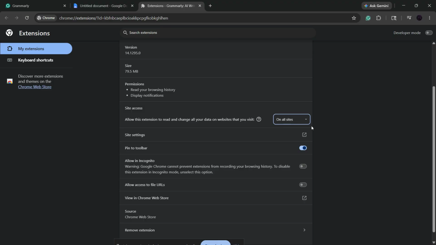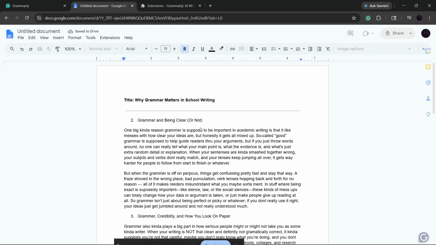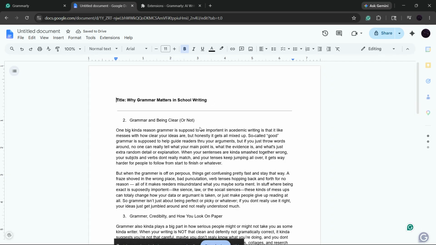After that, perform a hard refresh on the page. On Windows, press Ctrl plus F5. On Mac, use Command plus Shift plus R. A hard refresh forces the browser to reload the page and extension scripts from scratch, which can fix stuck processes